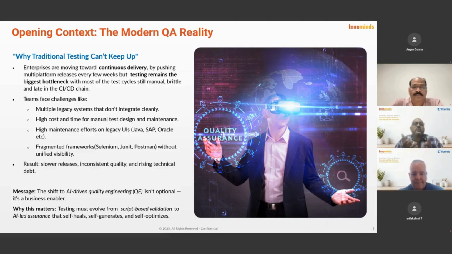So as I said, the challenges span across multiple phases, across legacy systems, testing your complex landscapes, and so on. So what are the things that we are doing wrong in the traditional testing life cycle, be it in the manual testing processes or in doing automation?